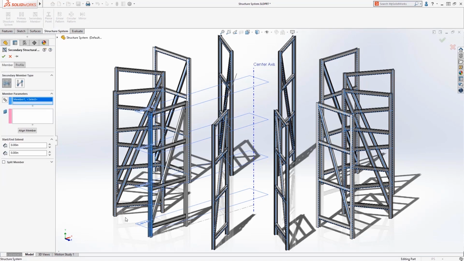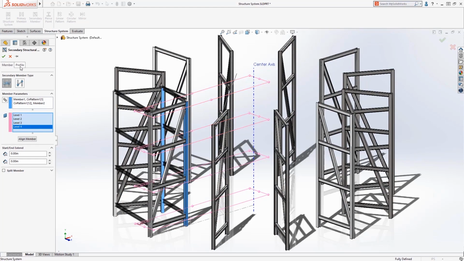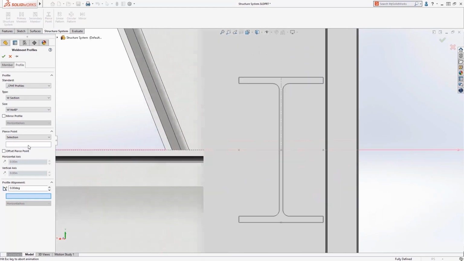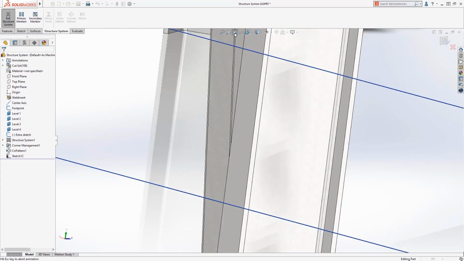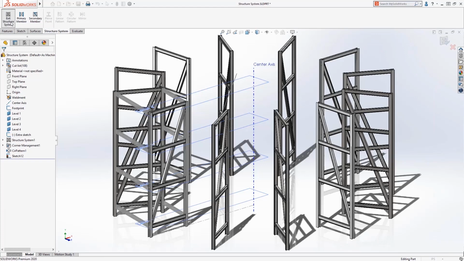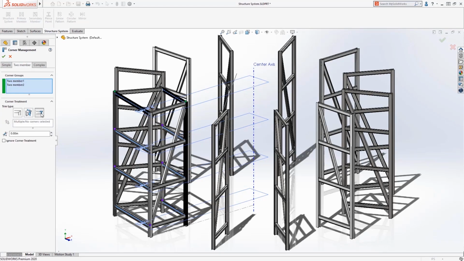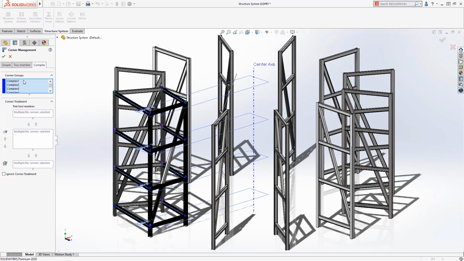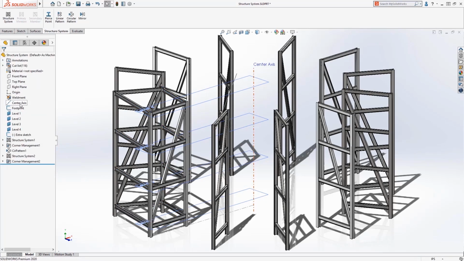In this example, we will add a new structure system to define the perimeter members. These are added using the support plane method between the original structure system and the patterned members, and the pierce point will be defined to align to the planes. Upon exit of this structure system, the corner management tool determines the corners between the new members and the first structure system and its patterned members, and determines the proper trim tool member and trim order. This perimeter structure system can also be patterned to complete the design.